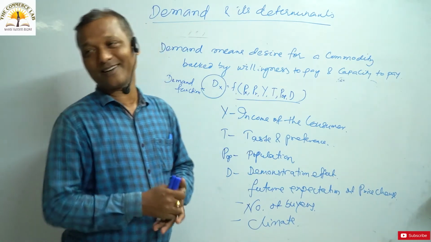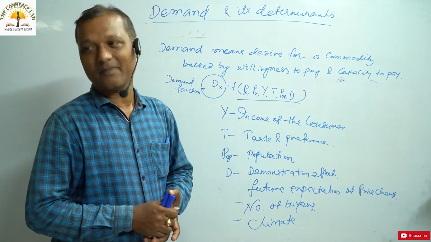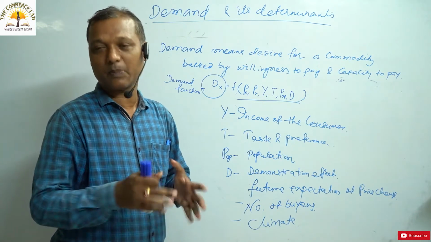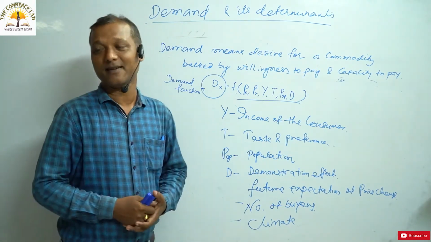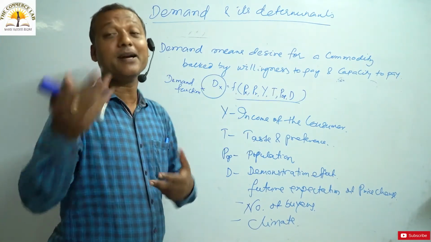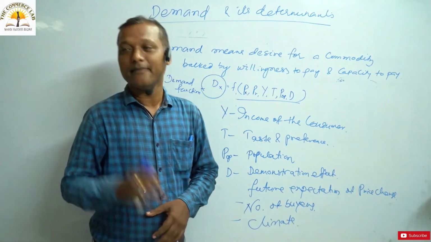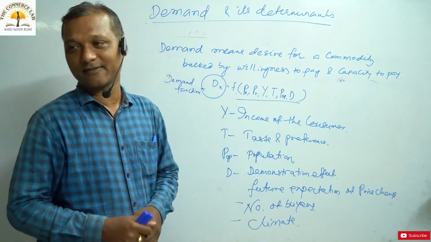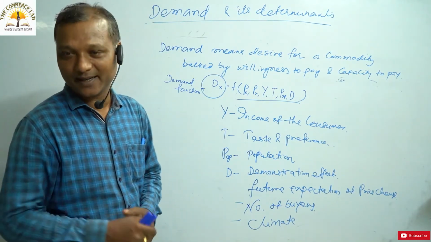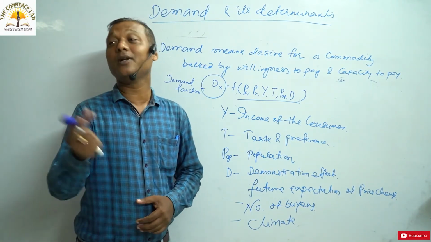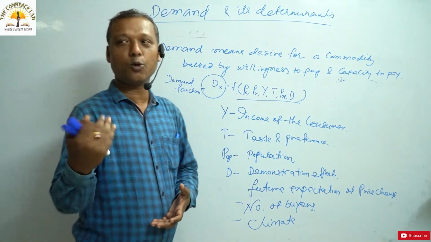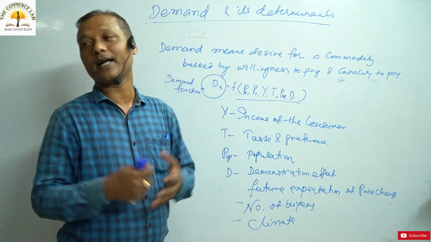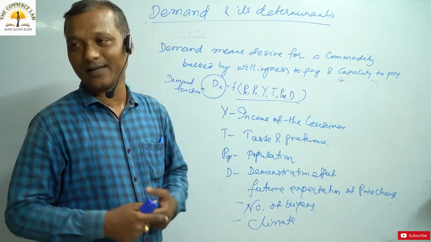and your cotton garments. But in winter season, fewer people like cold drinks. Fewer people like cotton garments. In winter season, when the climate changes from summer to winter, there will be more demand for hot drinks. There will be more demand for coffee and tea. There will be more demand for your woolen garments. You understood? In summer, you like cool drinks and you are used to wearing cotton garments.